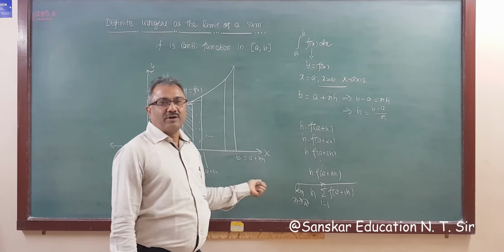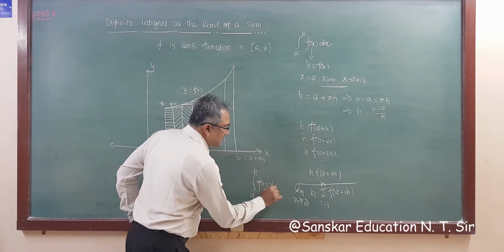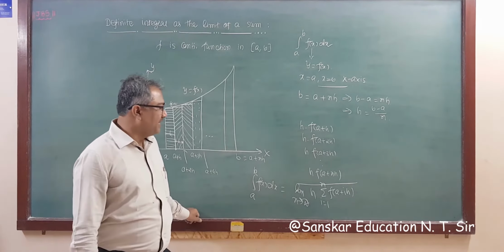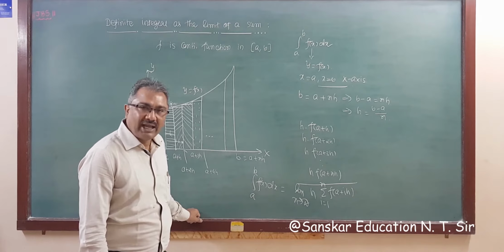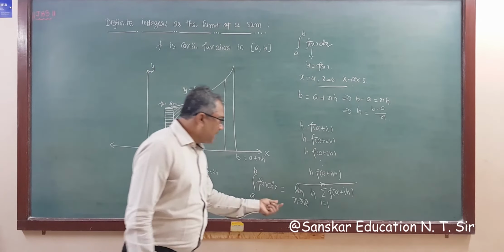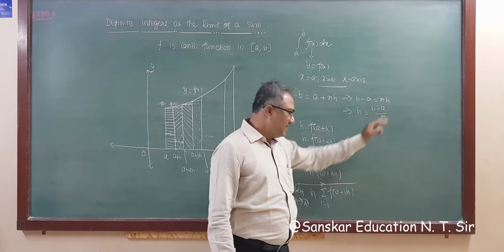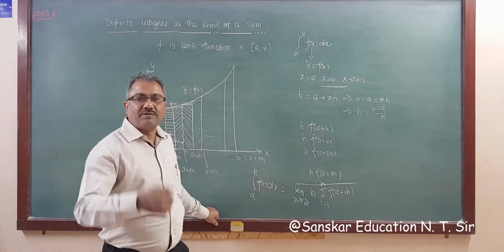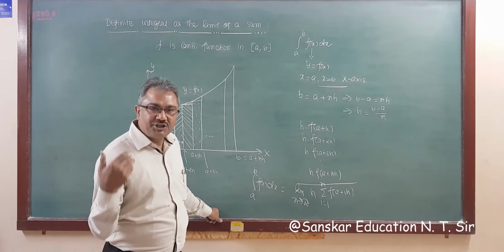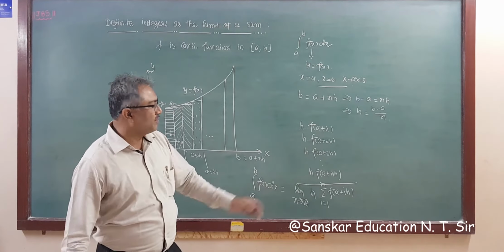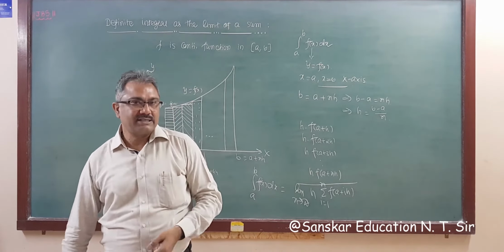So this is the definition of definite integration, that is, the integration from a to b of f(x) dx is equal to the limit as n tends to infinity of h into the sum of f of a plus ih, where i is running from 1 to n. Sometimes we take h equal to 0 because 1 upon n is 0. In questions where exponential functions are given, we have to consider h tends to 0. So we can take either n tends to infinity or h tends to 0 in this definition of the limit of a sum of a definite integration.